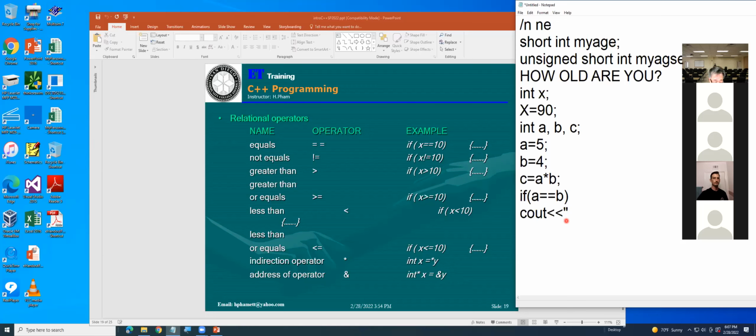And now I say the value of A. And you know that is a string constant. And now I insert A. So basically, when executed, the displayed value of A will be number 5.